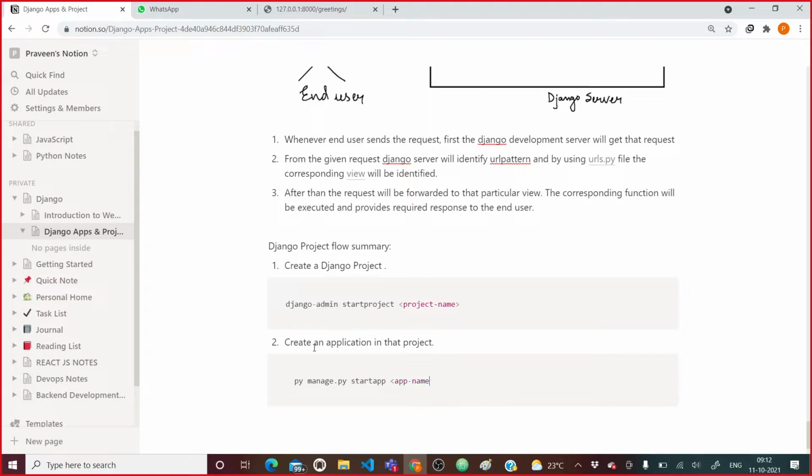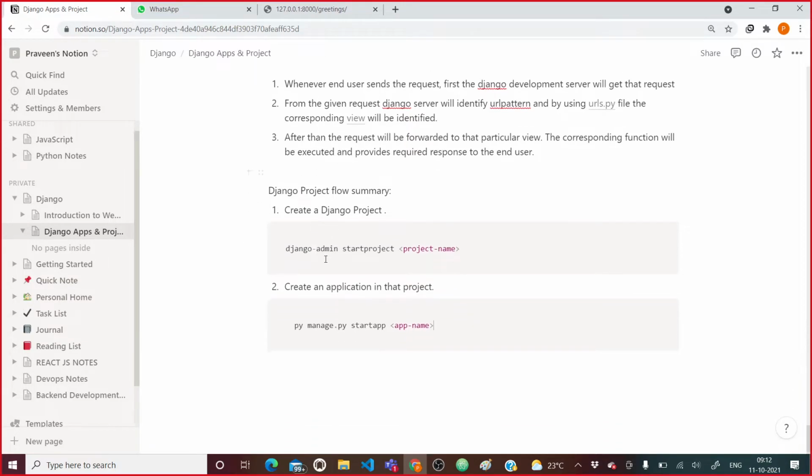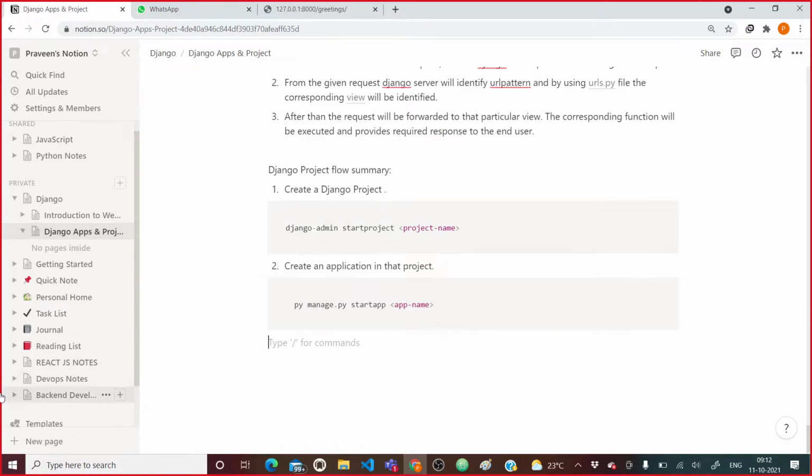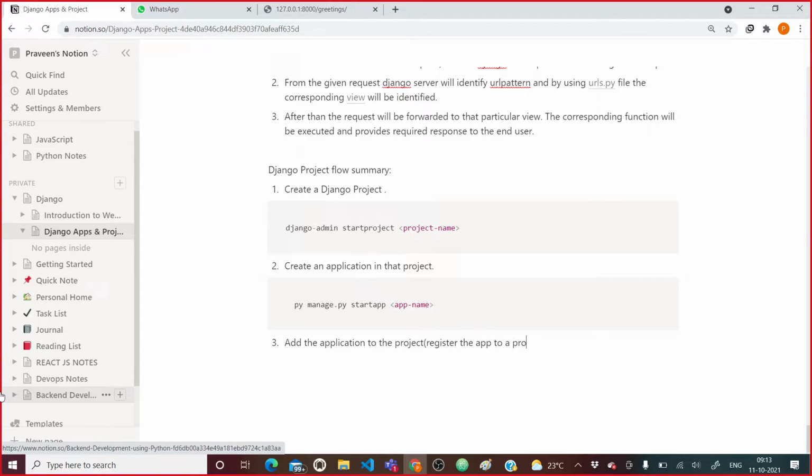After that, you have created an app. Now add the application to the project. You can also say register the app to a project. How are you going to do this?